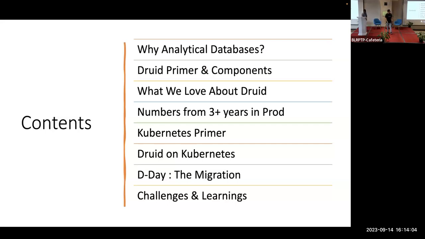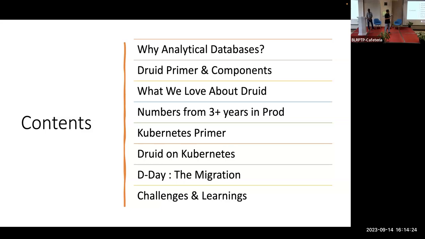Given this is the first talk, we will start with some basic analytics database information. A quick Druid primer. It's vast, so we can't go too deep or too broad, but we will give a very quick primer to take along people who don't really know Druid or analytics databases.